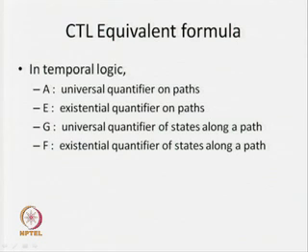Now, you just see that here we have two quantifiers, A and E, which are basically across paths, and F and G, which are basically states along a path. Again, you can see that we have the for-all quantifier in predicate logic, and the there-exists quantifier in our predicate logic, and we know that they have some relationship. With negation we are going to get the other.